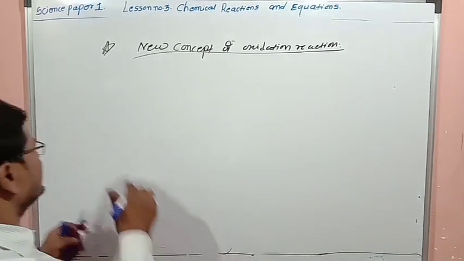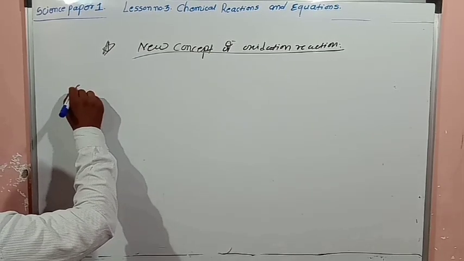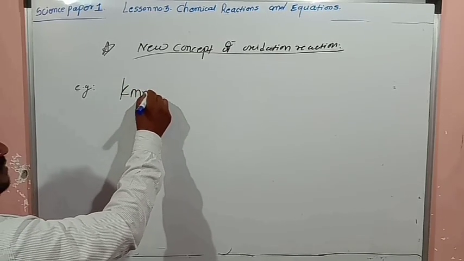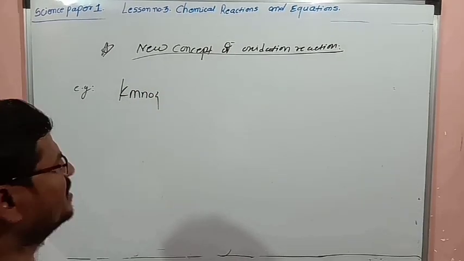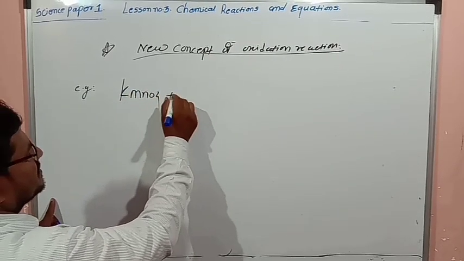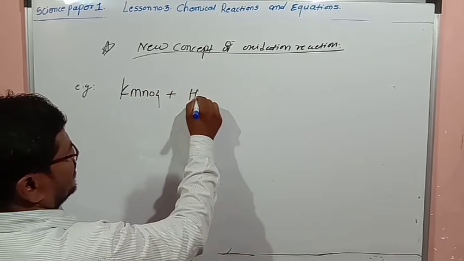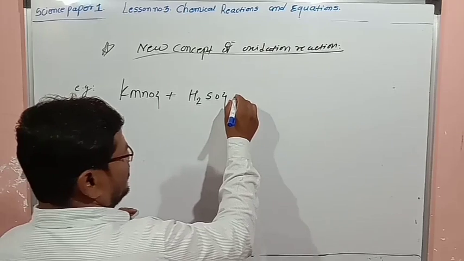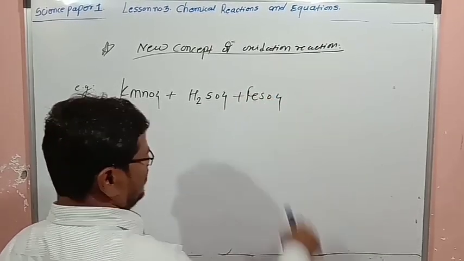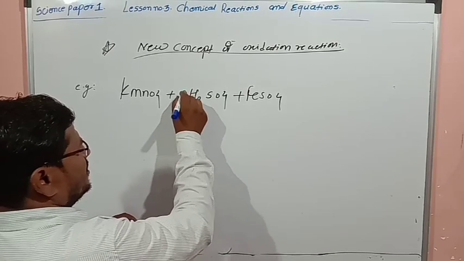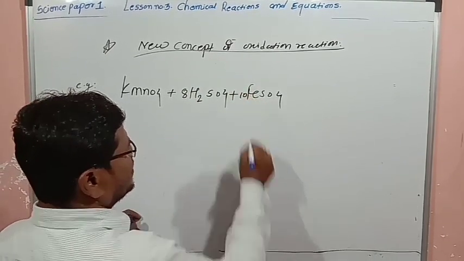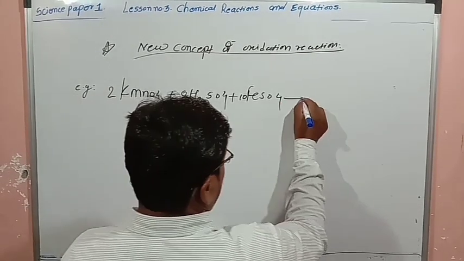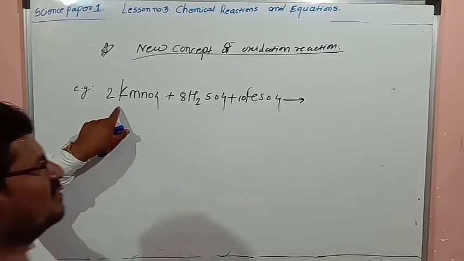Okay, the first thing is the example. KMnO4, what you have to take? KMnO4 plus you have to take H2SO4, and plus FeSO4 you have to take. You have to take 8 H2SO4 plus 10 FeSO4 and twice KMnO4. So in this chemical reaction it will form